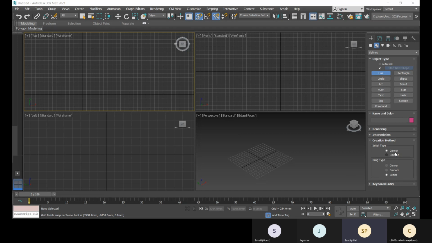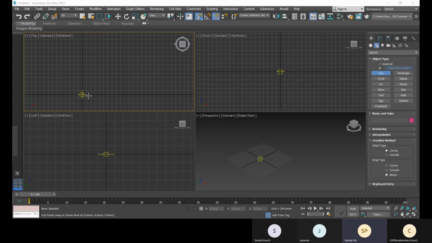Okay, so now you can see this creation method. In the creation method, corner, and the drag type means when you drag your mouse pointer, what will be the effect. If it is Bezier, you can have both corner and smooth, depending on your dragging.